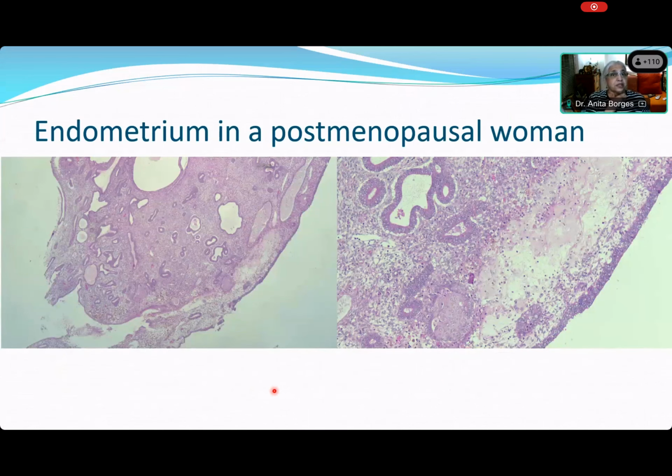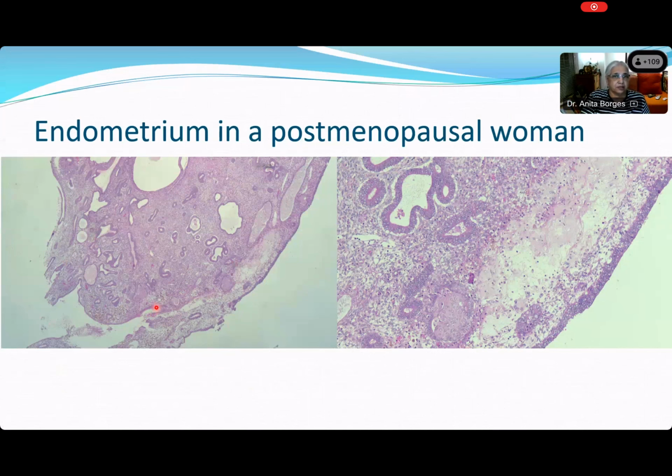Now this is an endometrium in a postmenopausal woman. What do you want to say about this, Simi? This is an endometrial curettage in a postmenopausal woman. This would be atypical hyperplasia. Why is it atypical? Do you see back-to-back glands? Gland to stromal ratio, some stratification in the glands. Stratification doesn't mean atypia. Is this back-to-back? No. So why are we calling it atypical?